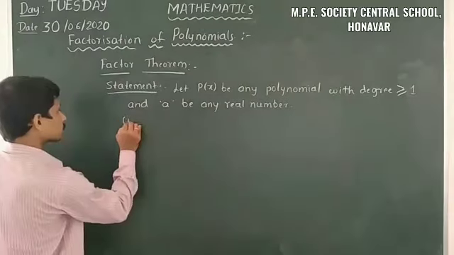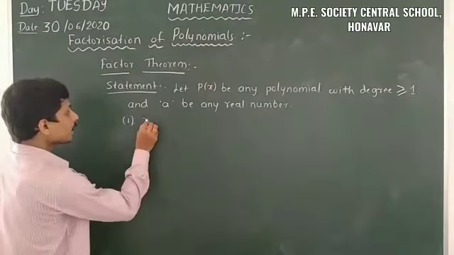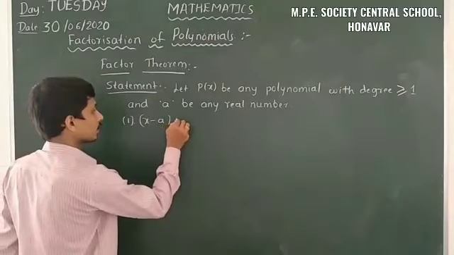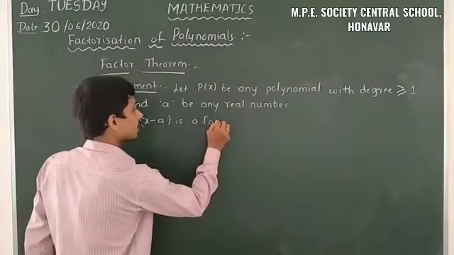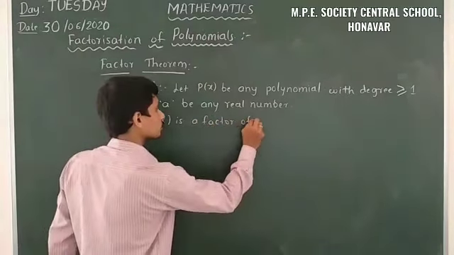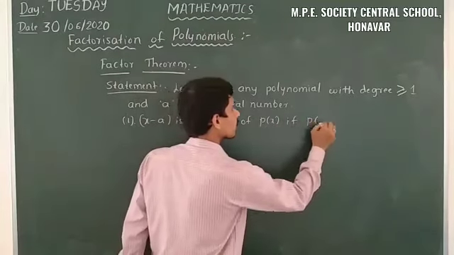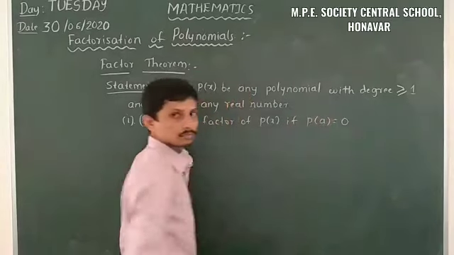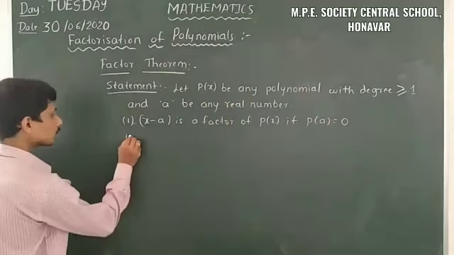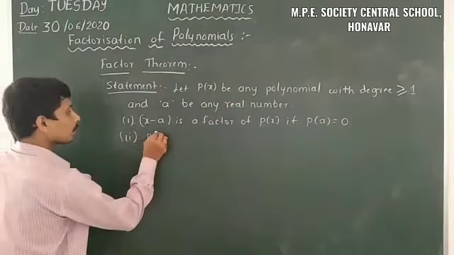Then first, x minus a is a factor of p of x if p of a is equal to 0. Secondly, p of a is equal to 0 if x minus a is a factor of